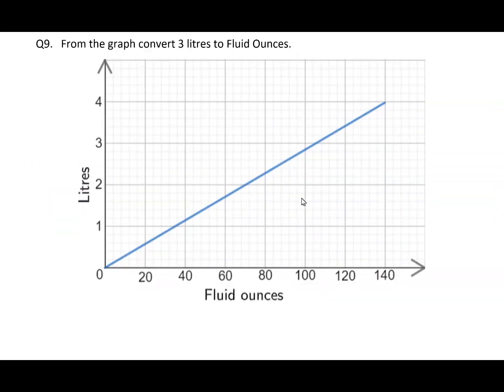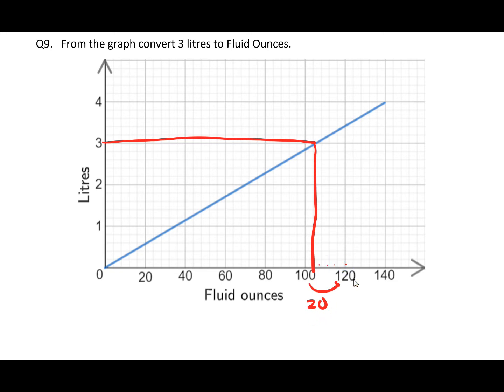Question 9. From the graph, convert 3 litres to fluid ounces. So using a ruler, draw a straight line across until it hits your line. Then going down from where it hits the line, read off the reading here. Don't forget how to read the smaller squares when you have a diagram. Take the big reading, which is 20, and divide it by the number of small squares, 1, 2, 3, 4,